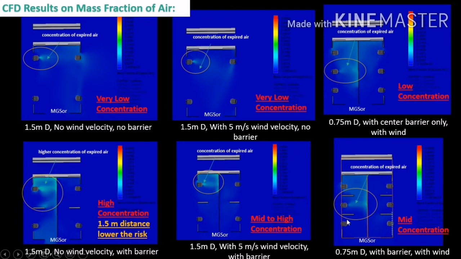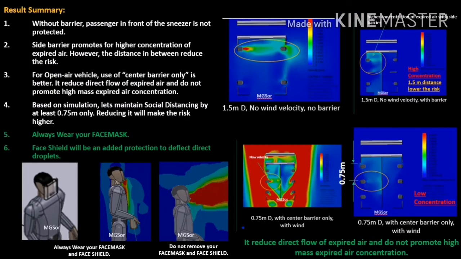And at a reduced distance, you could see the concentration of expired air with the side barrier and center barrier, and it could probably go to passenger B, but at lesser concentration. But if you remove the side barrier, you could see that there's a low concentration of droplets with center barrier only. So with this, we could say that